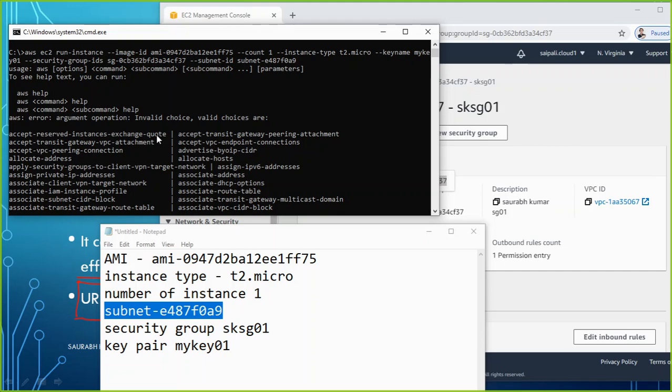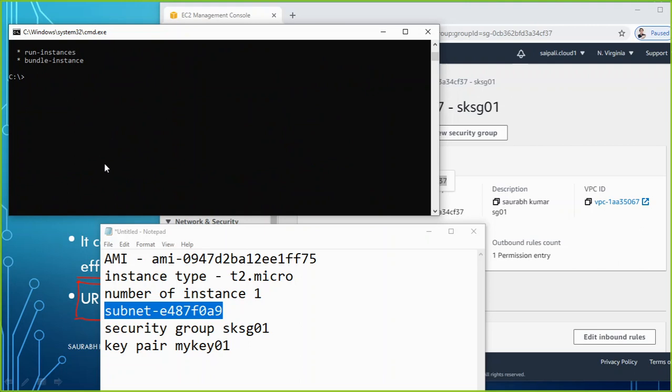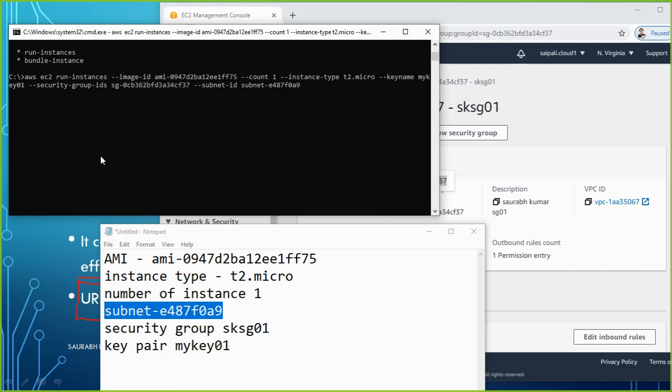What spelling I have used. Okay. I have to just perform a single change in it. The command I should use, not run-instance. Let me use here run-instances. Then I hit enter.